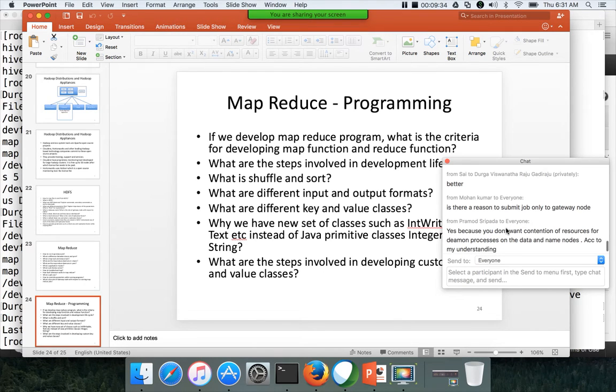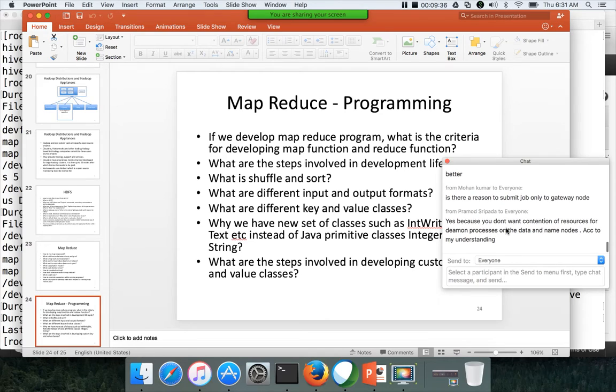First question: is there a reason to submit jobs only to the gateway node? Yes, there is a reason. The reason is you need to have a centralized location to submit the jobs. You cannot randomly select the nodes in the cluster to submit the jobs. That is one reason. Second reason is the performance reason. I think I have explained earlier also,